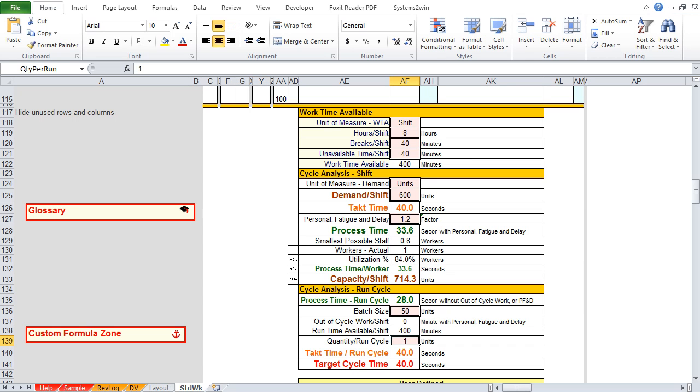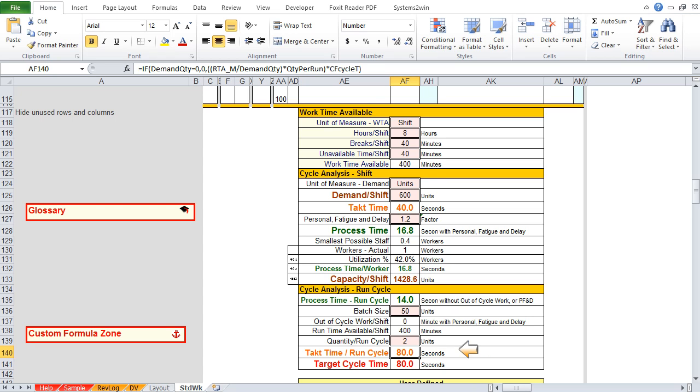If the operator is running two machines at once, that means we have a quantity per run cycle of 2. And when we press the Enter key, notice that tack time will stay the same, but tack time per run cycle doubles. In other words, customer demand didn't change. We still need the same number per shift, but we have twice as much time per run cycle because we're making two at once.